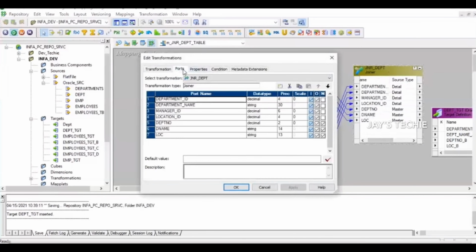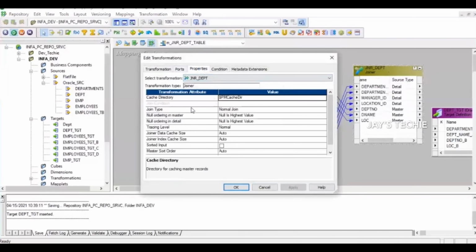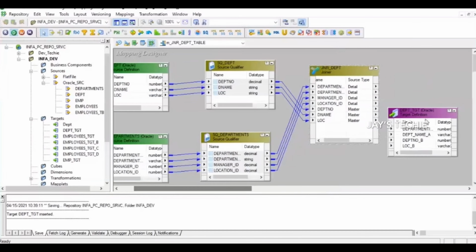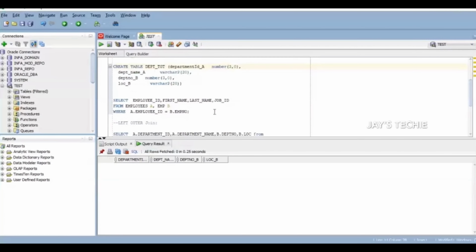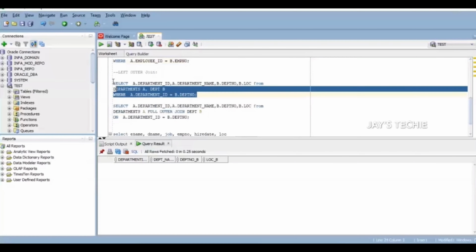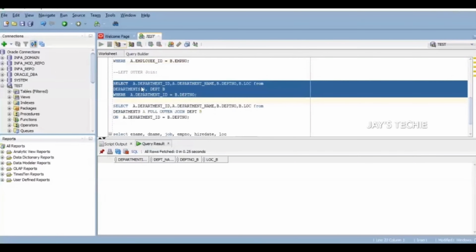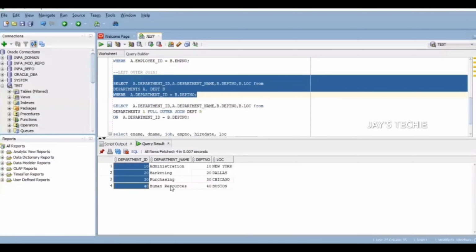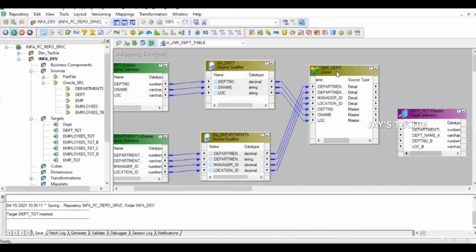Now we have all the column information, and let's go to the properties. Under the join tab, you can see normal join. This is nothing but an equi join. We can leave it as such, with the default value. What will be the result of a normal join? Normal join is department ID equals department number, so all the records of 10 to 20 should come in. Let's go and do a query. Only matching records from table A versus table B. Let's pull in the results.